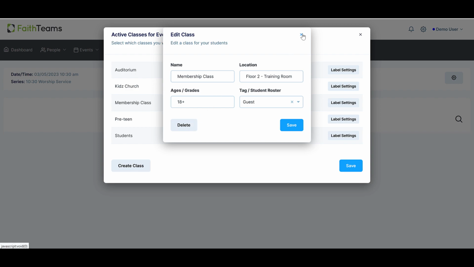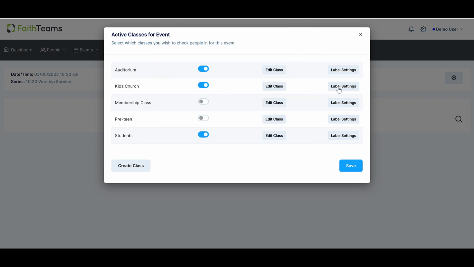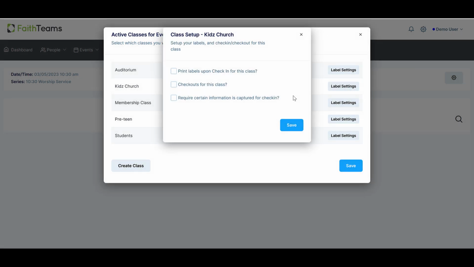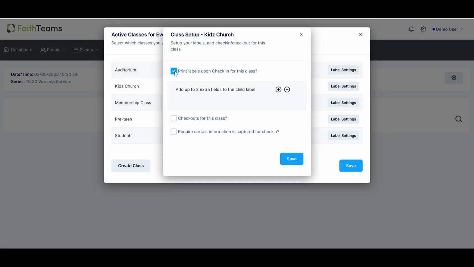If you want to print labels for a class, click Label Setup and check the checkbox to print labels as you check people in. In the case of kids check-in, when you check in a family, Faith Teams will print a name tag sticker for each child, which will have a randomized security code on it, and it'll also print a pickup label for the guardian who checked them in,